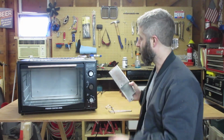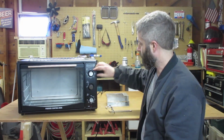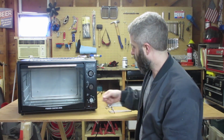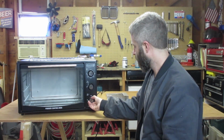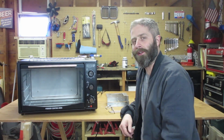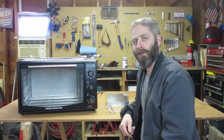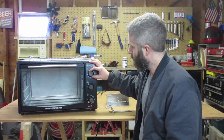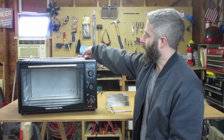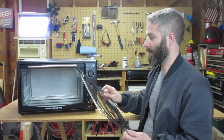To pre-bake, what I'm going to do first is set my temperature to 450, turn this thing on, and then set the timer to about 10 minutes. It's about 60 degrees here in the garage, so I don't think it'll take more than 10 minutes to warm the oven up to about 450 degrees. Let's call it 425. So, now what I'll do while I'm waiting for the oven to warm up is take one of my racks